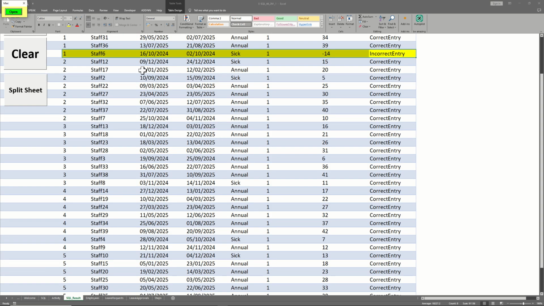This staff, staff 6, has put in that the staff wants to go on holiday 16/10/2024 to second 10. That's big, that's wrong. And guess what? My eyes couldn't get it, but ESQL has flagged this as incorrect. So I think this can wrap up the first section of